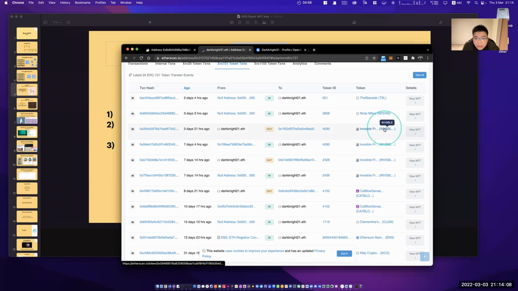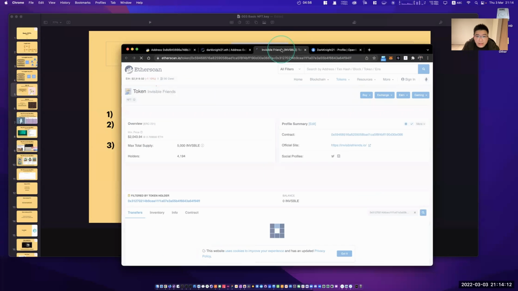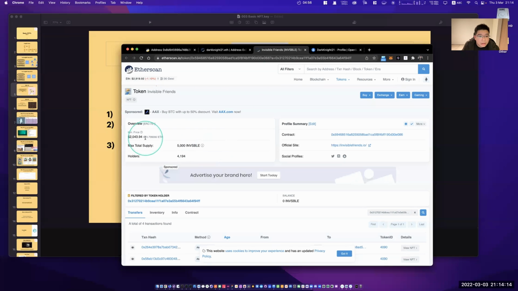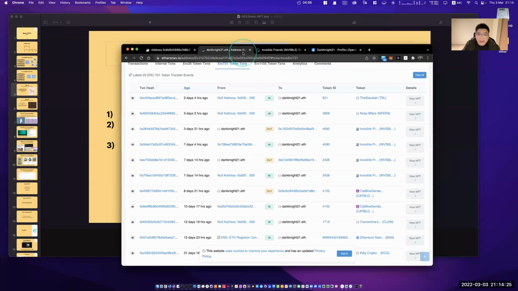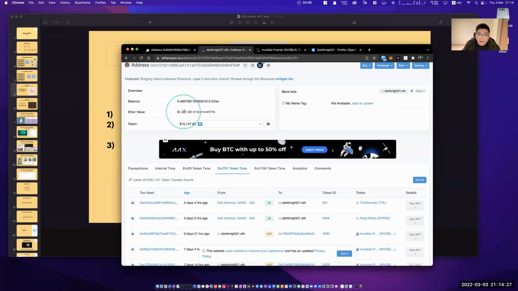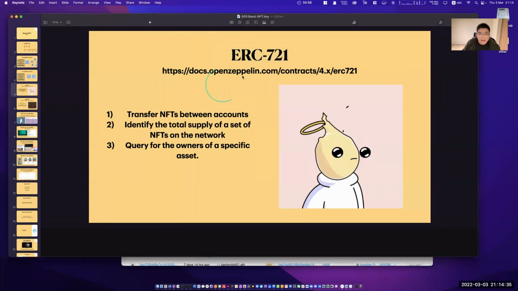And this person earned this Invisible Friend. I think I can check it back. Okay, cool. So it means in the blockchain, if you reveal your address, actually everyone can check in the chain how many assets you have and how much money you have in the blockchain as well. Okay, so this is called ERC 721.